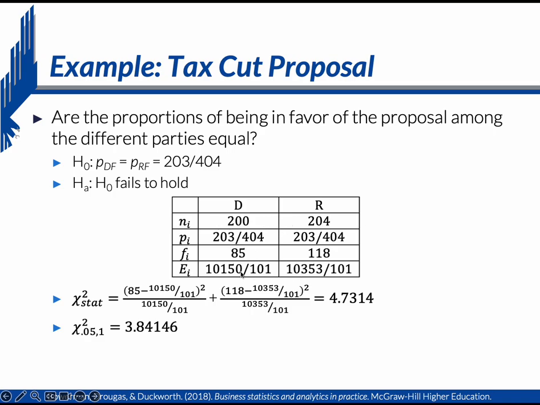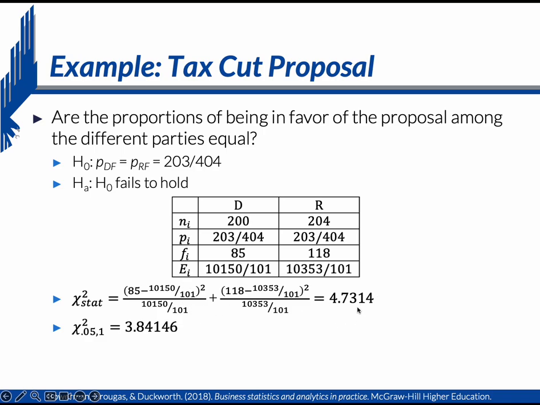And therefore we will have two different expected frequencies. And we will use these two when computing the test statistic. So that's (85 minus 10,150 over 101) squared, divided by this same expected frequency. And do that also for Republicans, and then get the sum, and we will get